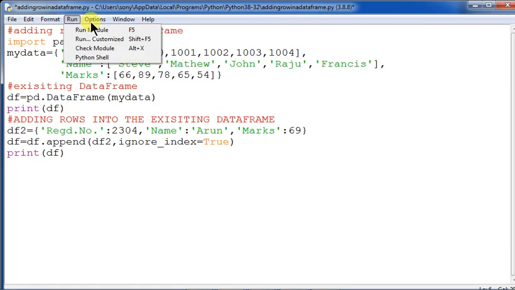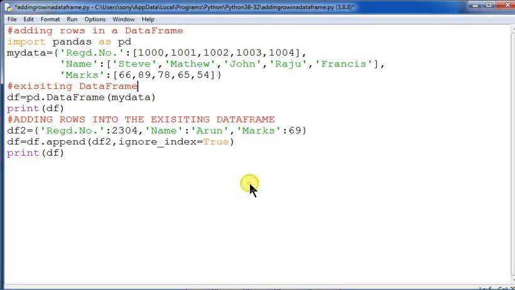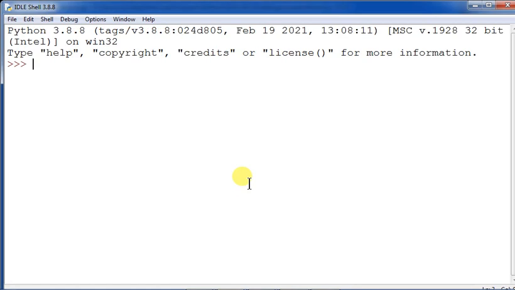Now we are executing this one, run module. When you run it, you will see the existing data frame printed, and you will see how this functions. After the data of Francis, the record of Arun will be added.